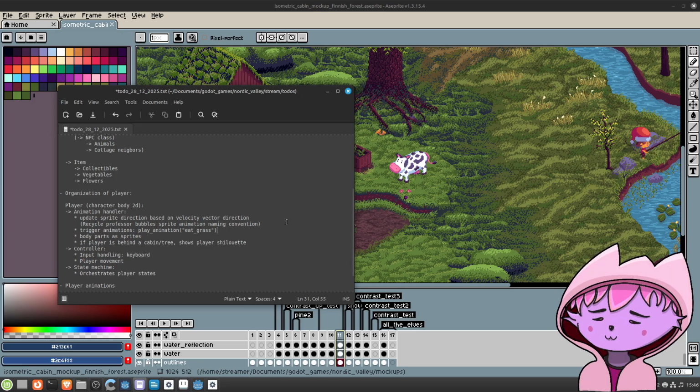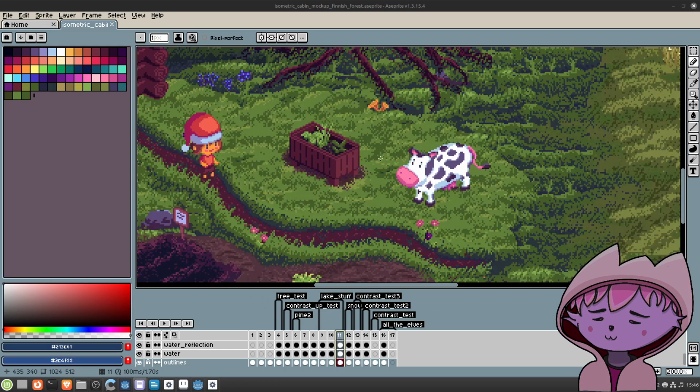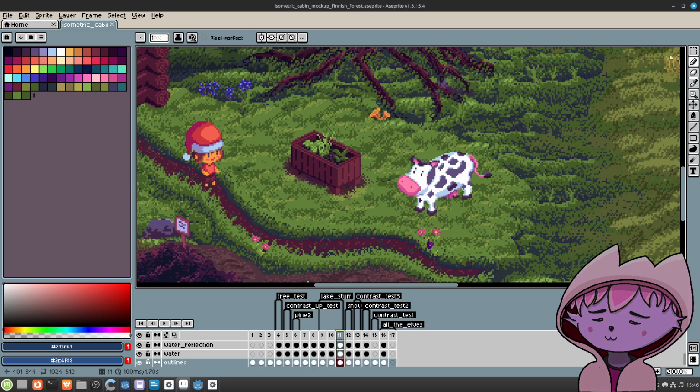Yeah, this animation handler will get way more complicated than what I have ever done before. The reason for that is the fact that I want to separate body parts.